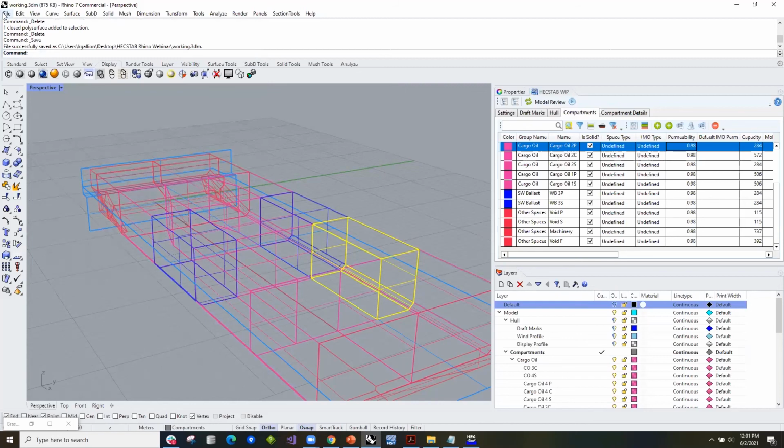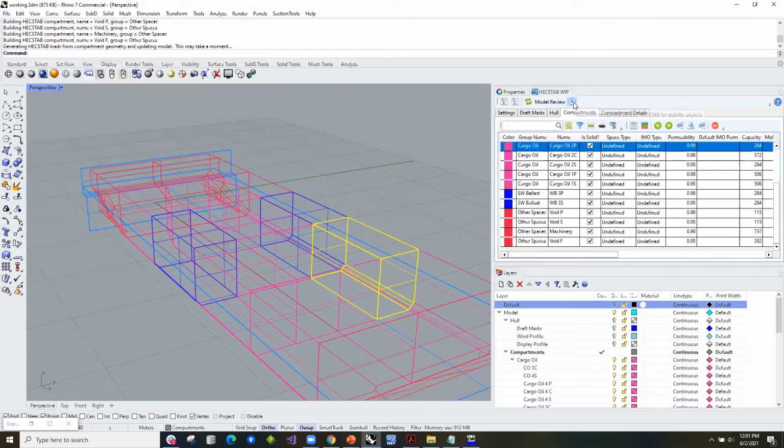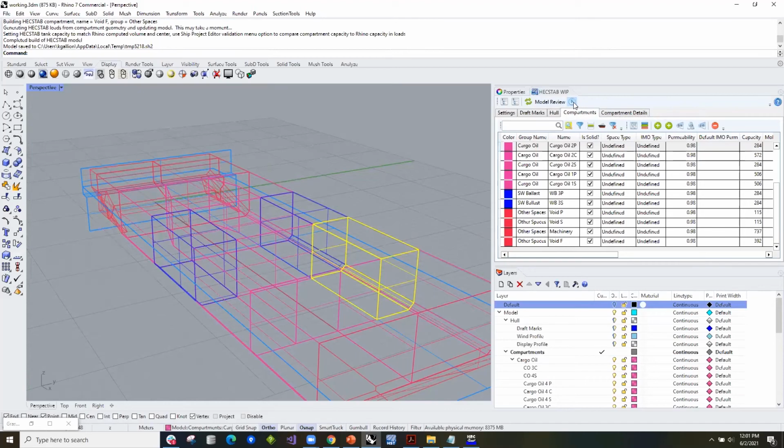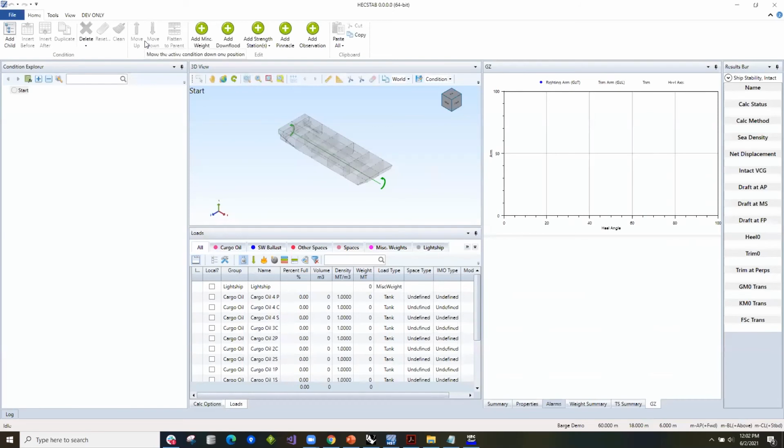I can save that, and I should be able to just run it. I should be able to review it. I can run it. I can file, save as, and look at it in Ship Project Editor. If I want to see if it'll launch up, what it's doing is it's taking the Rhino geometry, building a ship model, saving that to a particular temporary location, and then it's launching HECSTAB to do the analysis. Now we're out of time, so I'm not going to actually run an analysis, but